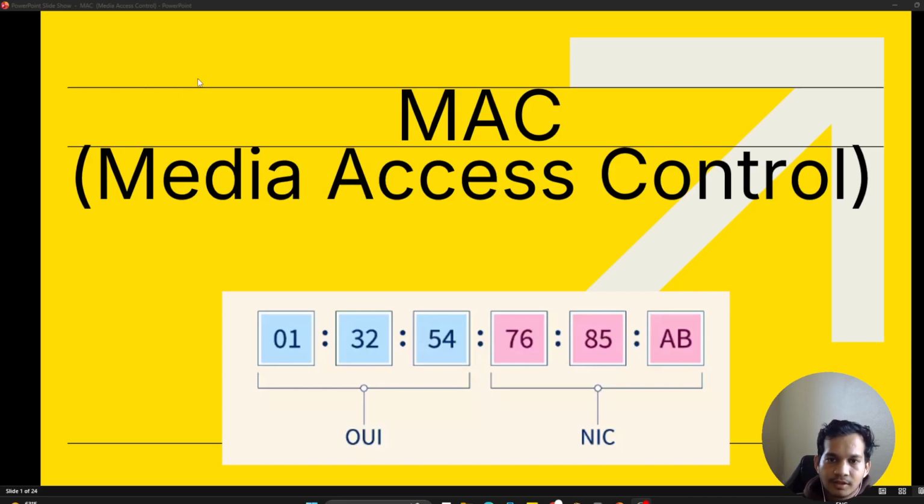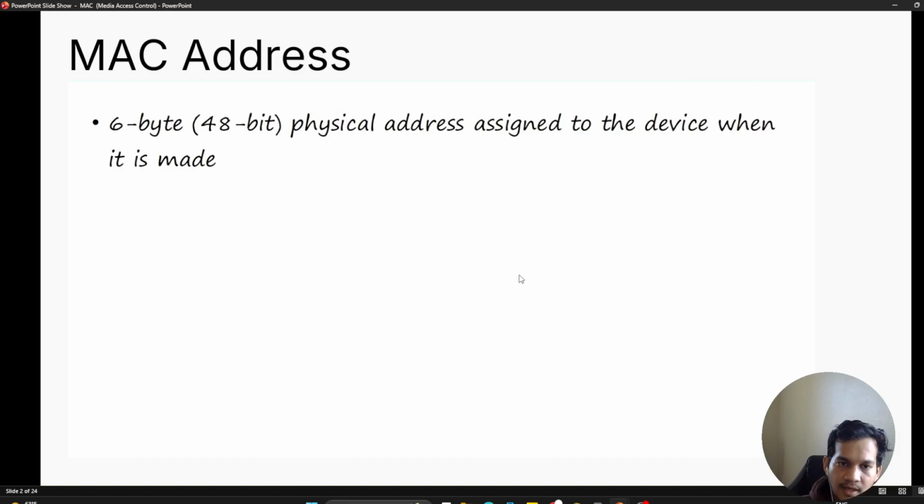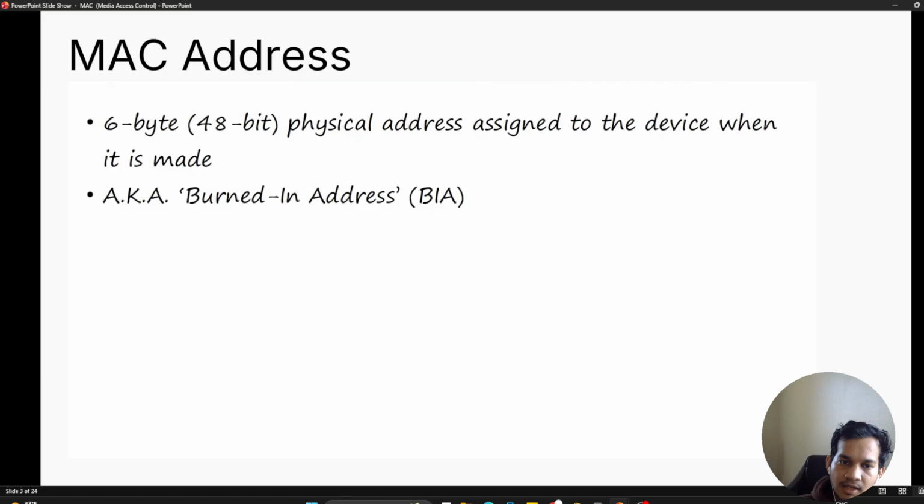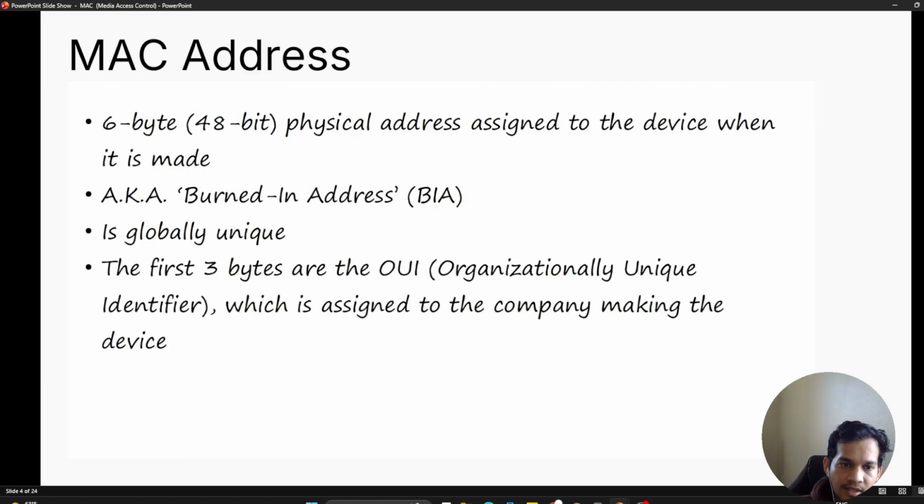In this video we are going to study the MAC. MAC is nothing but media access control. So the MAC address generally looks like this. Let's go further. A MAC address is like a physical address of 48 bits, and it's assigned to a device when it is made. It's also called a burned-in address, and it's